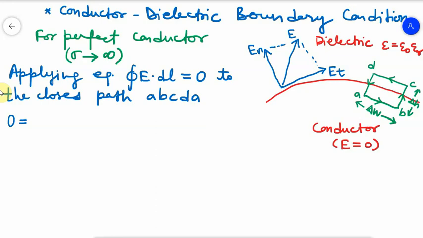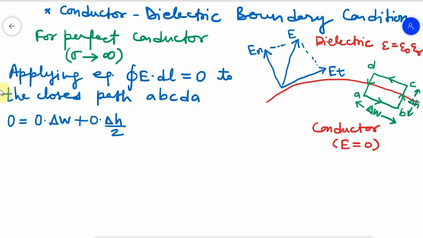A to B. Is there any electric field component? Because E dot dl we have to calculate, there is no electric field component along AB, so this is 0 into del W. Again from B to C, the lower half lies in the conductor region, where there is no component of electric field, so again it is 0 into del H upon 2. E dot dl we have to calculate for each and every path.